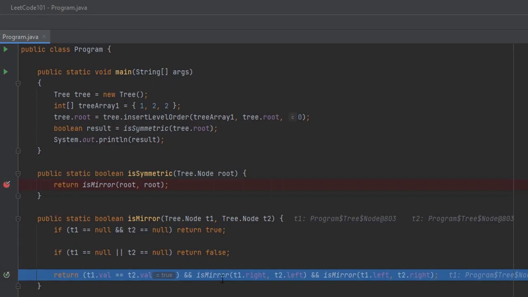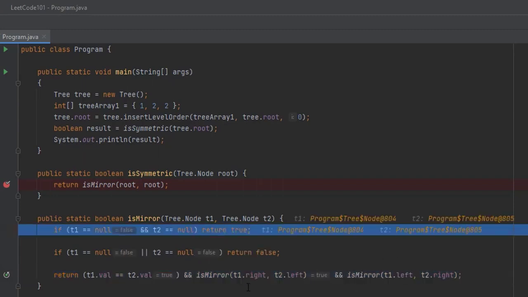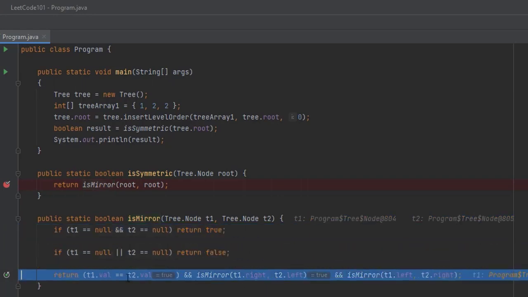So now we're going to call isMirror again with T1 left being 2 and T2 right, which is also 2. And then we're also going to call isMirror again, passing T1 right and T2 left. The first thing it's going to do is deal with this side first. The 2 is equal to the 2, but it calls isMirror twice again. So you can see where this can get